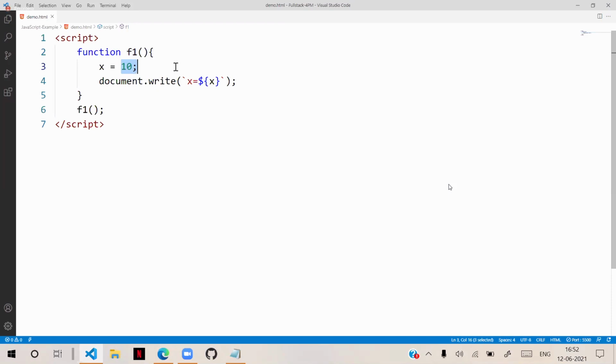Generally, even JavaScript also. But JavaScript allows you to use a variable without declaring. It allows it. Then what happens is, when I run this code, you can observe that x equal to 10 is working fine.